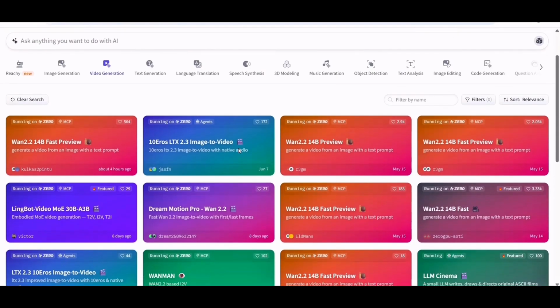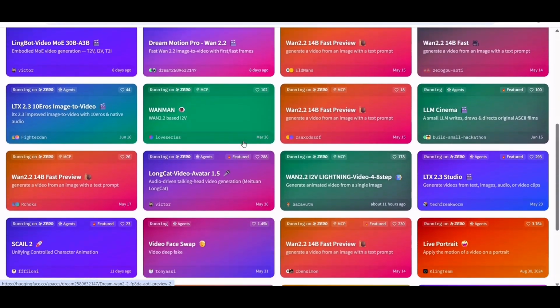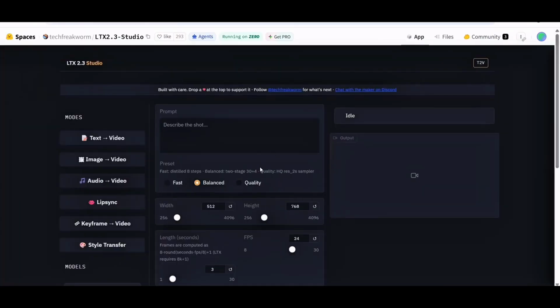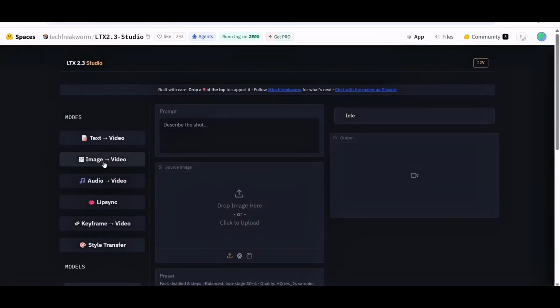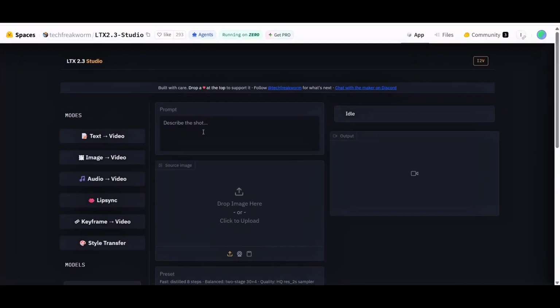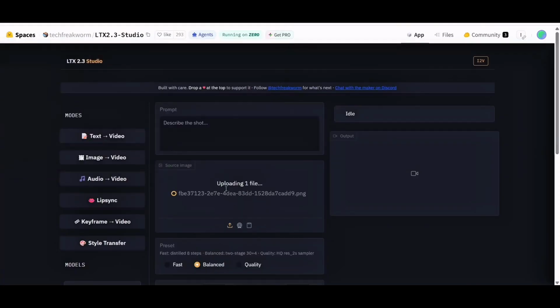Sure, not every single one is amazing, but there are some real gems in there. One I'd recommend checking out is LTX Video Turbo. Open it up and you'll see the image to video feature. Upload any image you want, then tell the AI how you want the scene to